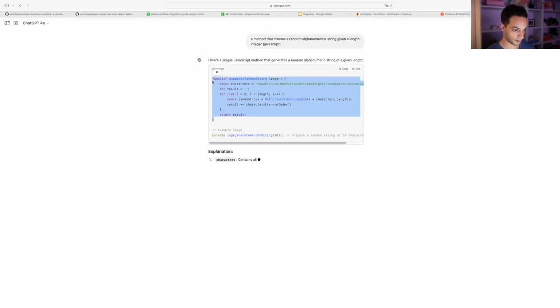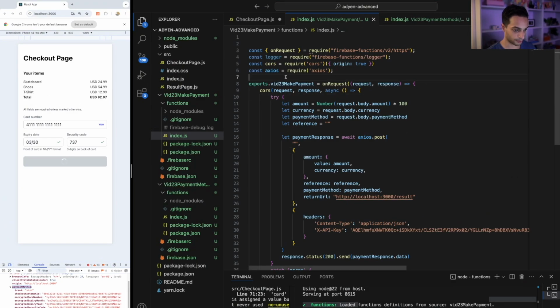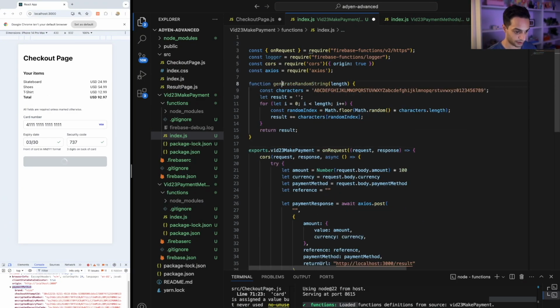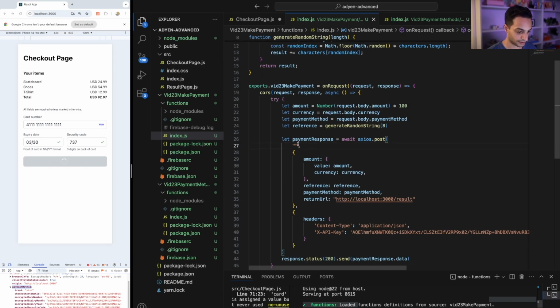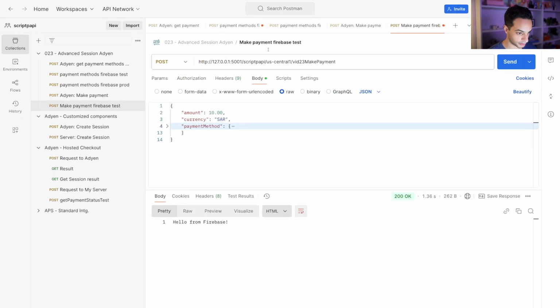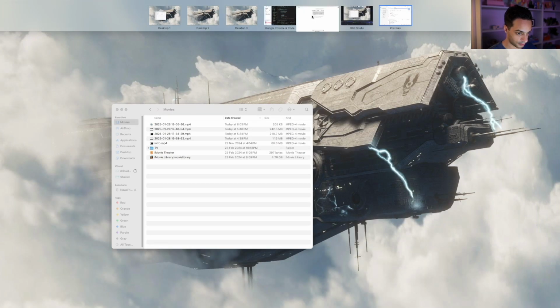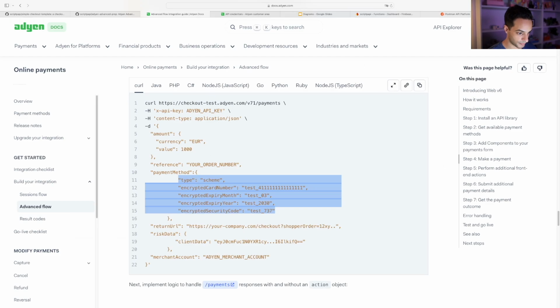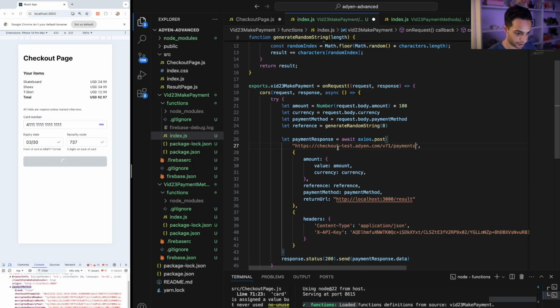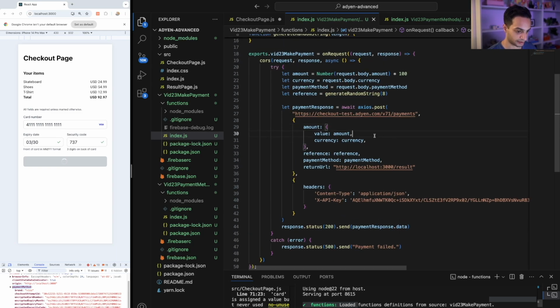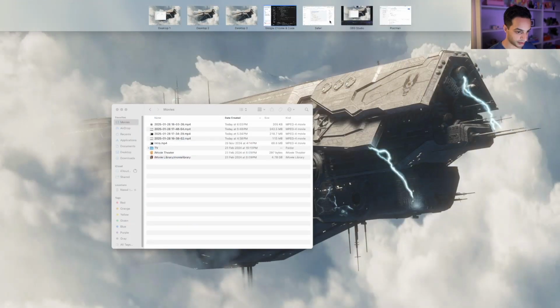Go ahead, copy that, go back to your code, put that there, generate a random string. I'll make it 8 digits long, and that's that. Okay, so before we test this, the last thing I gotta add is the endpoint, of course. Not this one, this one, or in the guide, this will be the endpoint. Just take that, put it here, and now let's go ahead and test this,